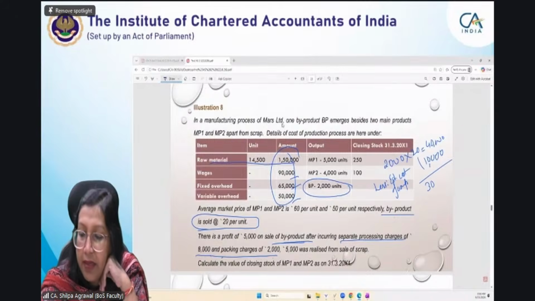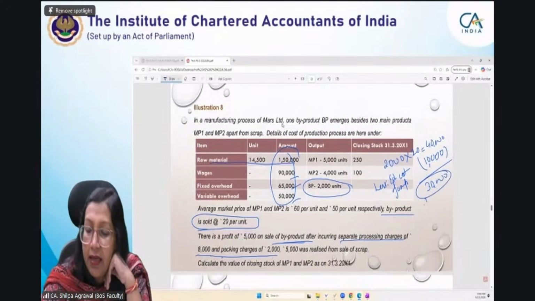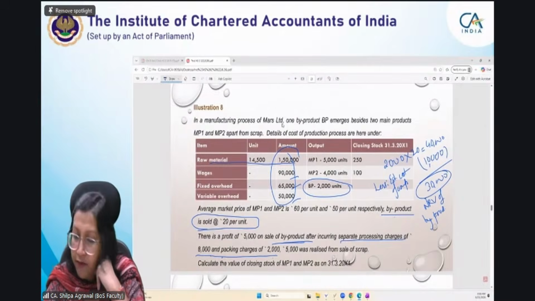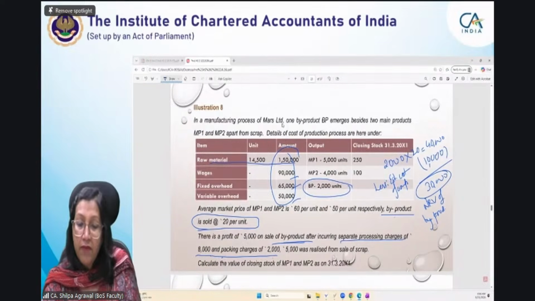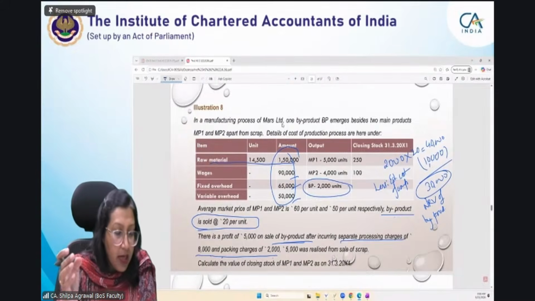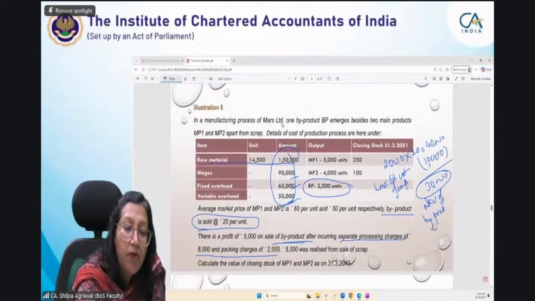वैल्यू क्या आई आपकी? तो ये क्या है आपकी? एनआरवी ऑफ बाय प्रोडक्ट. Okay, this is NRV of byproduct. Now this NRV of byproduct will be reduced, it will reduce what? It will reduce your main value. This is 3,55,000. So what will be the value now?